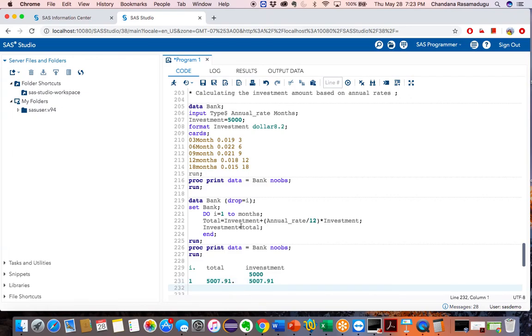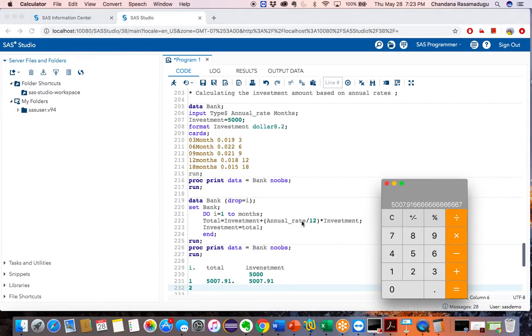And now I want to perform the second iteration. As there is no iteration count mentioned, let's do it too. It didn't mention what the increment will be, so by default it will increment by one. So now again calculate the total. How will I calculate the total here? Annual rate, same, 0.019 is my annual rate